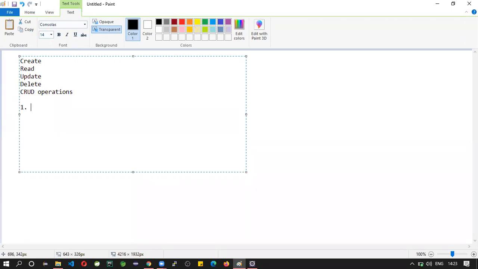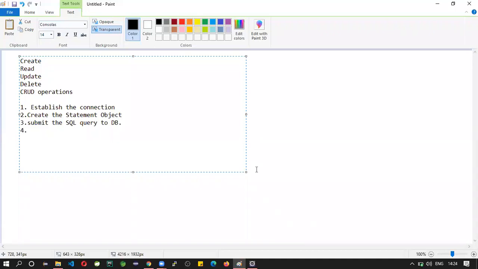First step, establish the connection. Two, create the statement object. Three, submit the SQL query to the database.